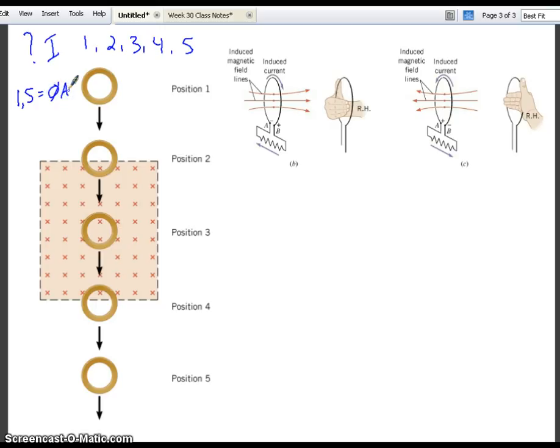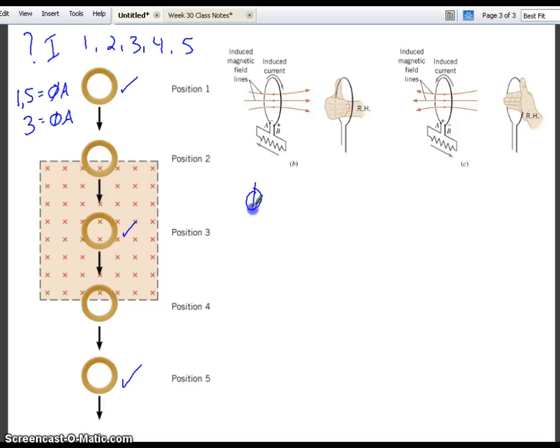Somewhat easy, but not as obvious. Position 3 has 0 amps because at position 3 there is no flux change. At position 3 the flux is constant, and because the flux is constant, there is no flux change, there is no current. So positions 1, 3, and 5 are pretty simple, but really Lenz's law applies to situations like 2 and 4. So at position 2